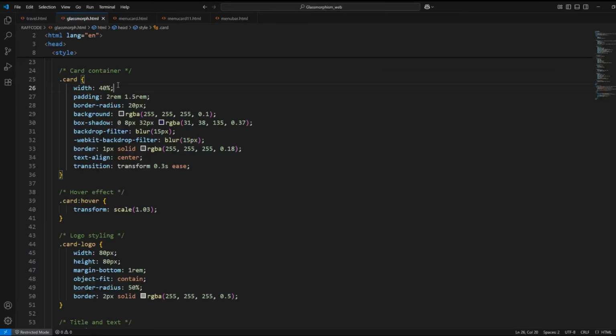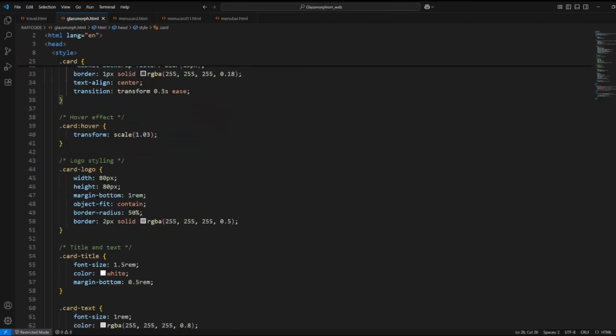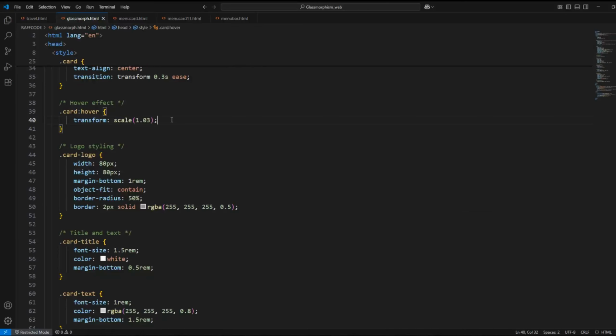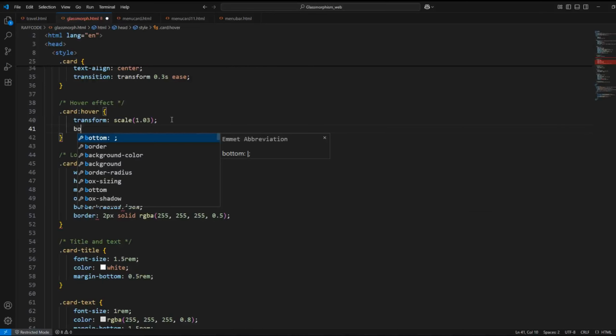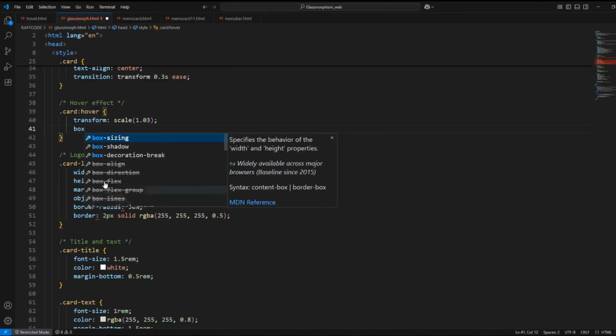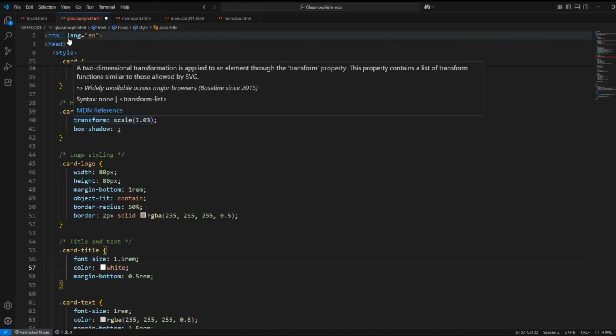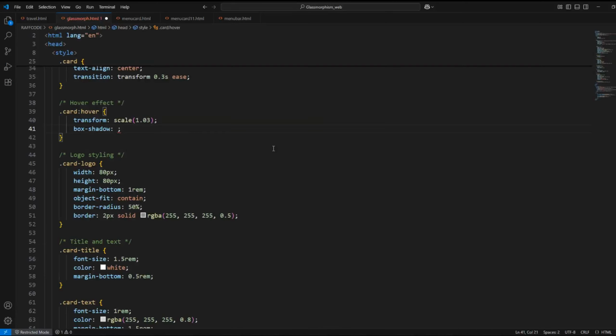effect that defines glassmorphism. A logo image, card-logo, is placed at the top of the card to represent the brand visually. Its CSS class styles it with a circular border and responsive sizing. Below the logo, the card-title and card-text classes control the font appearance and spacing of the heading and description, while .card button styles the interactive button with rounded edges, blur, hover effects, and transition animations for a smooth